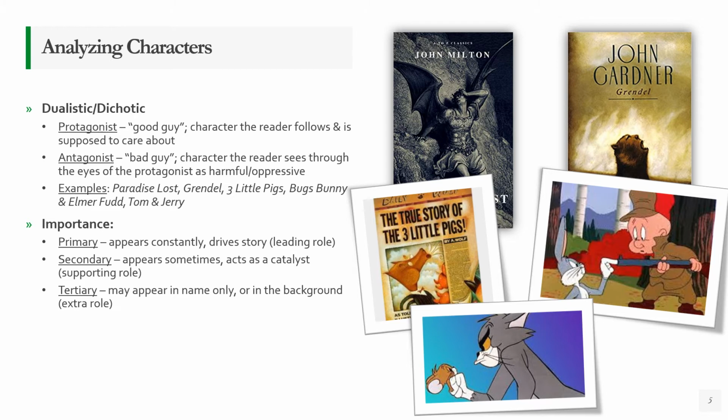Might be someone who, again, gets mentioned a lot in dialogue or something, but never actually appears. And this is where you can see a little bit of crossover with what we talked about with the protagonist and antagonist way of thinking. An actual example of this might be from the Lord of the Rings. The primary antagonist of the story is actually a tertiary character. Sauron, this great Lord of Darkness and so forth, never actually appears in the story. He never appears in bodily form except in a flashback. If you ever watch the films or read the book, Sauron never actually makes an appearance in the original version of the story.